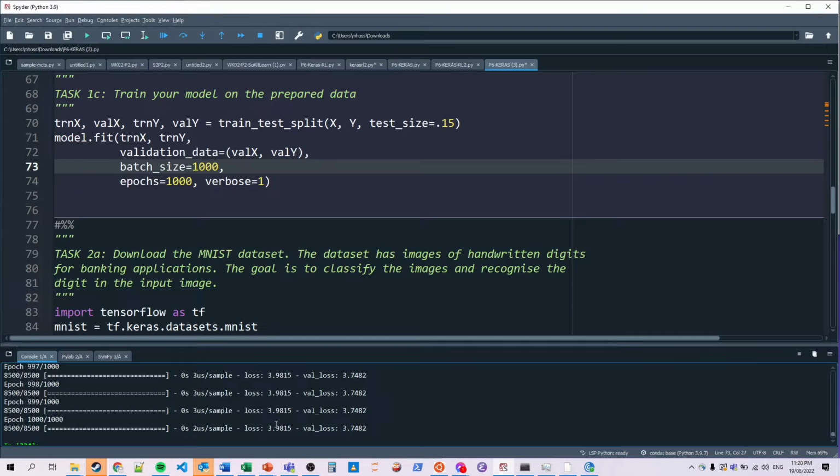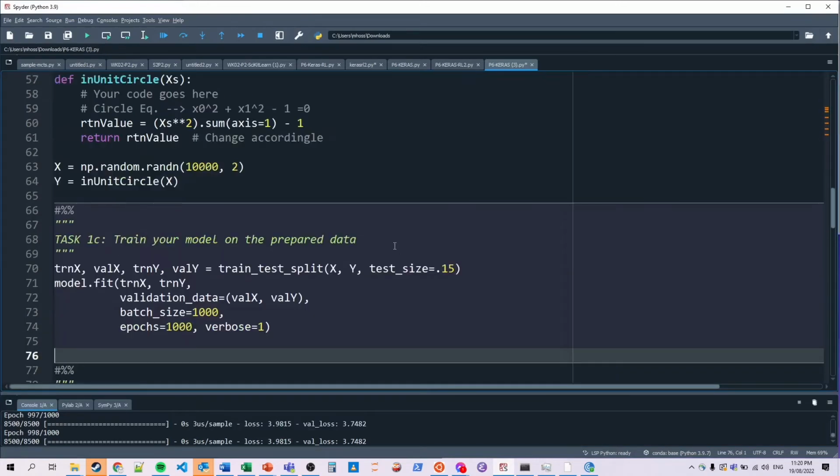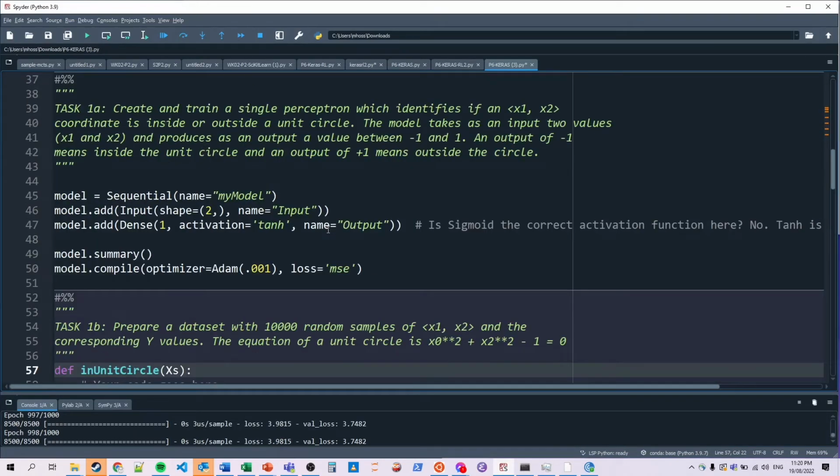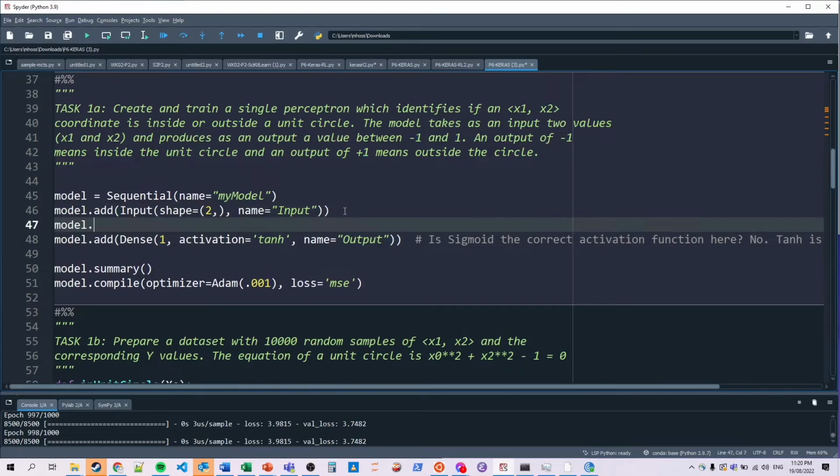There is no way to make this model train better. And this is for a good reason, because we are just using only one neuron. Basically, what we need is maybe have more layers or more neurons. Now, we cannot change this parameter because this parameter is our output, but we can add new layers. So we can add model dot add